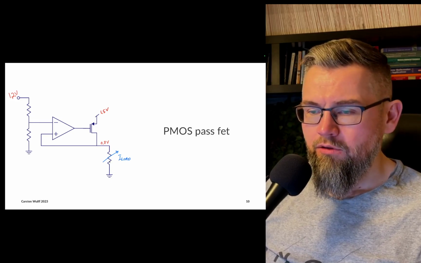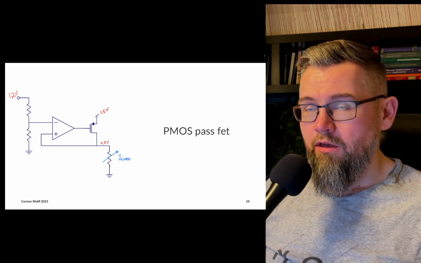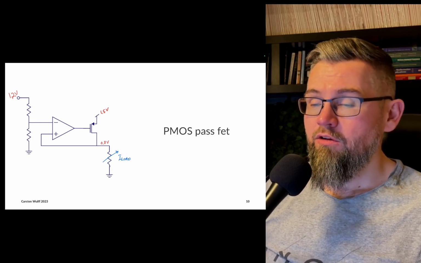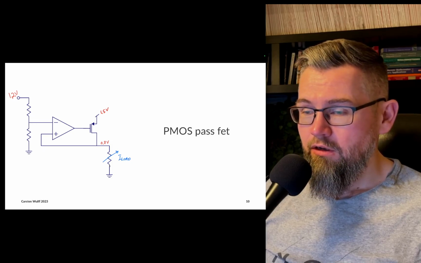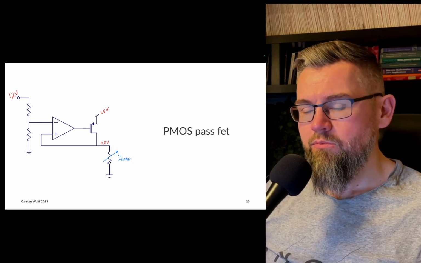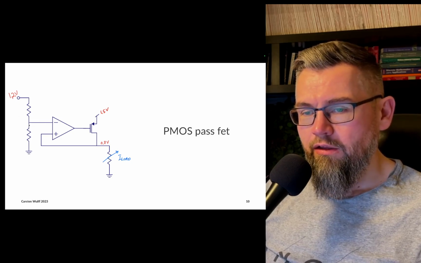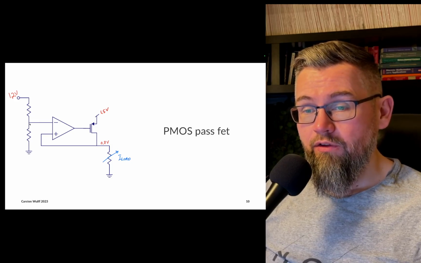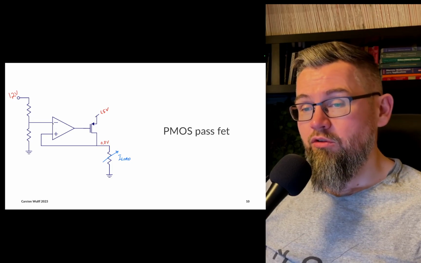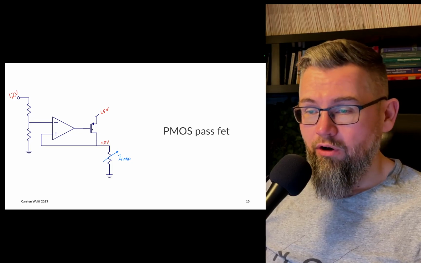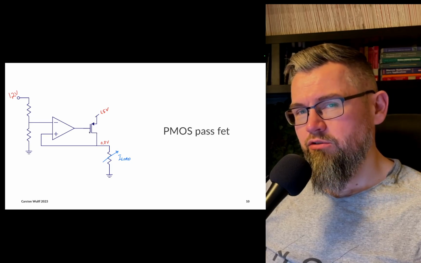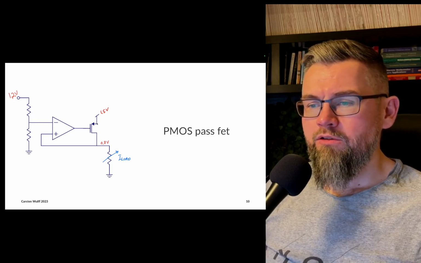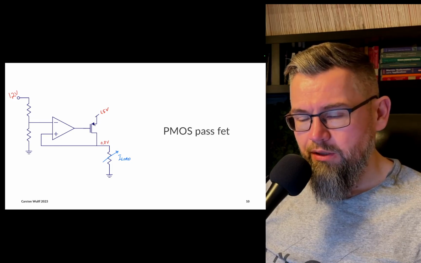current. So if the load goes from very high impedance, so high resistance, very low current, to low impedance, high current, then we still want the voltage to stay the same. One way to achieve that is to generate at the input to the OTA a reference that is the same as your output voltage, you design a fantastic OTA, you drive a PMOS, and the PMOS becomes a